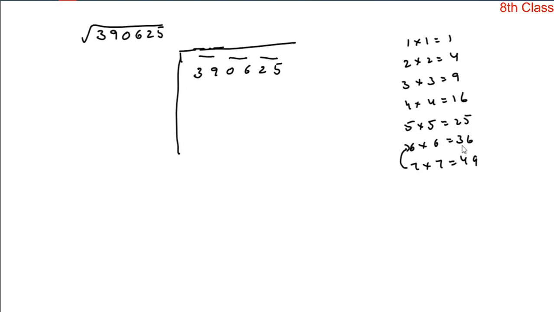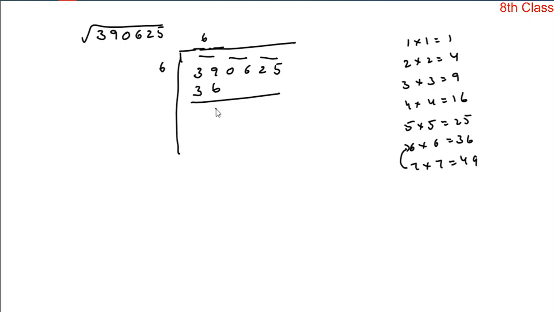So 36 is the just-less number to this first period, and it is the square of 6. So that's why in the divisor we take that 6, and in the quotient also we take that 6. Okay, so this is the first digit in the square root of the given number. So 6 6s are 36. Write down the 36 below the first period and subtract this product from this period.